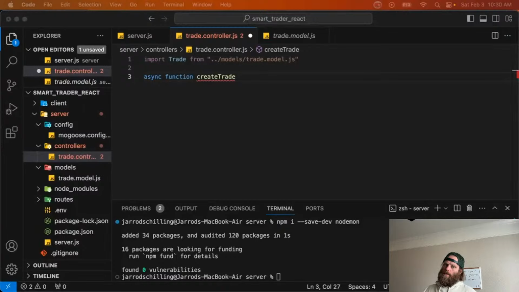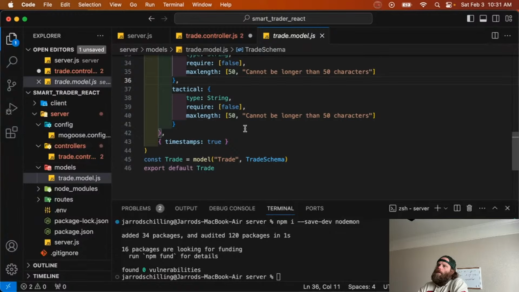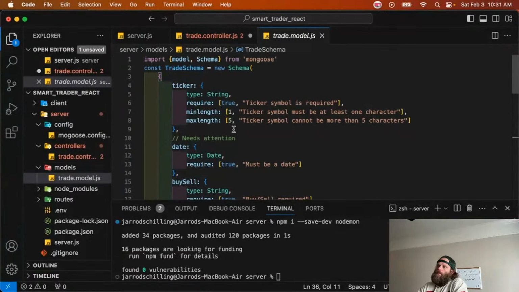But the unrealized, it's not just going to happen automatically because you'd have to have the application open to call the API. Because right now all we're doing is storing the trade model. I kind of also need it to store